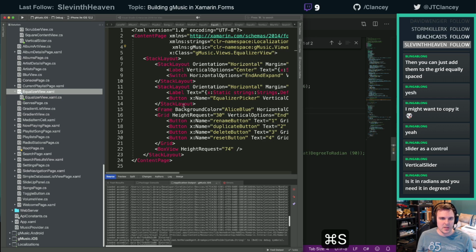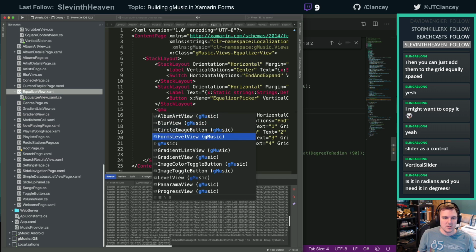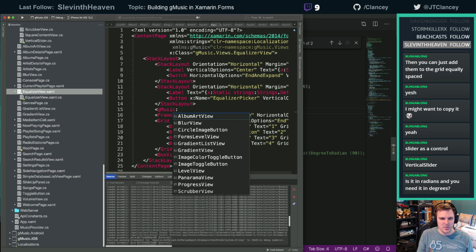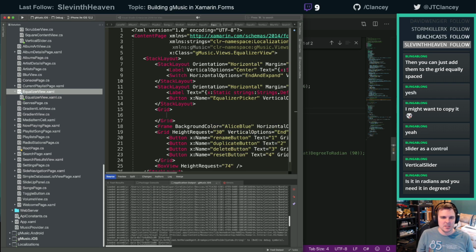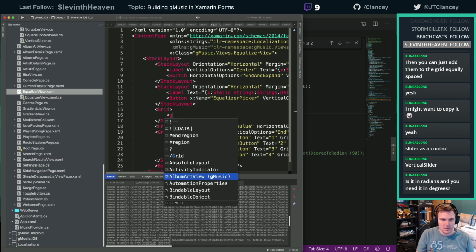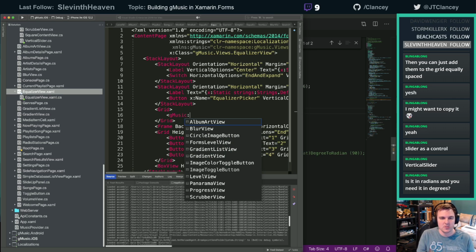So now we can say, instead of this frame, we'll say gMusic, and that thing we just called, oh no, let's do a grid first. We still are going to do this. For now, we'll just throw a bunch of these in here, see what they look like. But we are going to do this programmatically instead because the number can change.